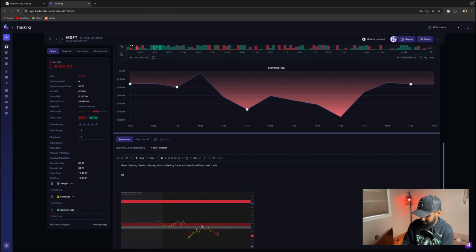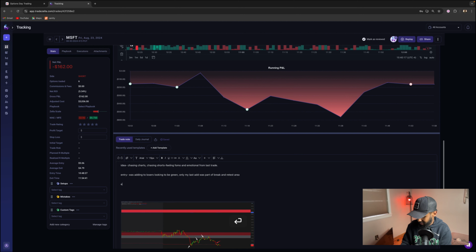And then I'm going to say my entry was adding to losers, looking to be green. Only my last add was part of a break and retest area. Alrighty, because my last add was the only area where it was actually part of my plan. And then my exit